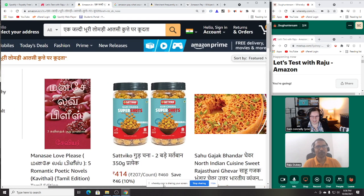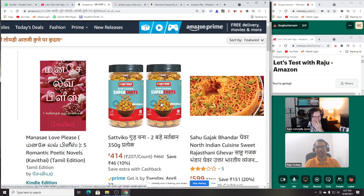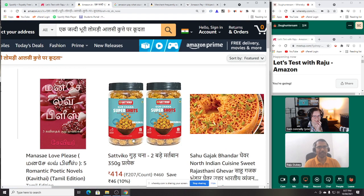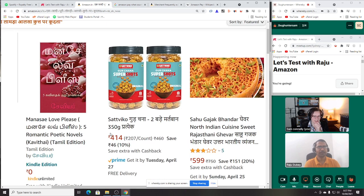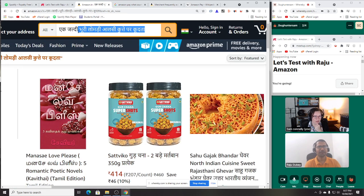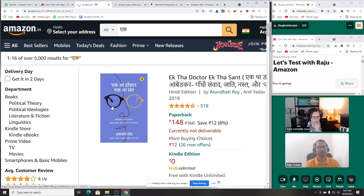I'm not sure whether the item we searched is really giving us that product. In one of the cases, I think it is just matching a few of the words. And this one has a free Kindle edition. If you want some romantic poetic novels. If I go back to the first one, that search is more likely to pull up books with